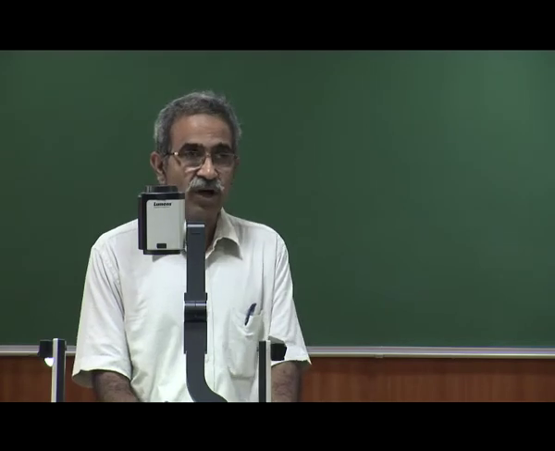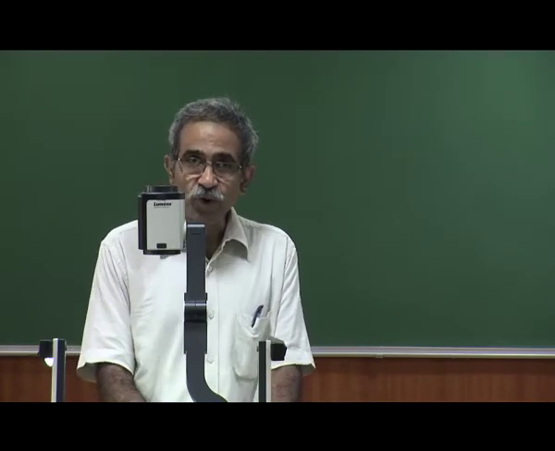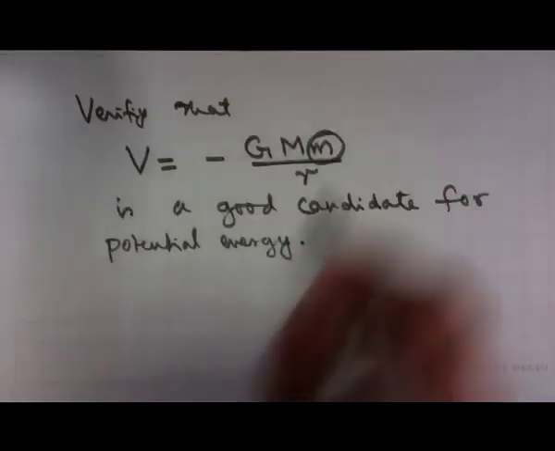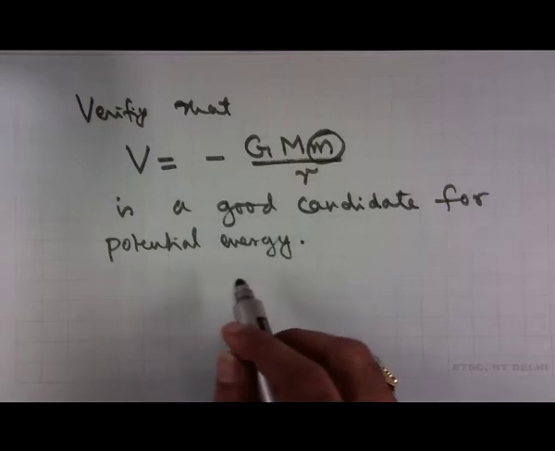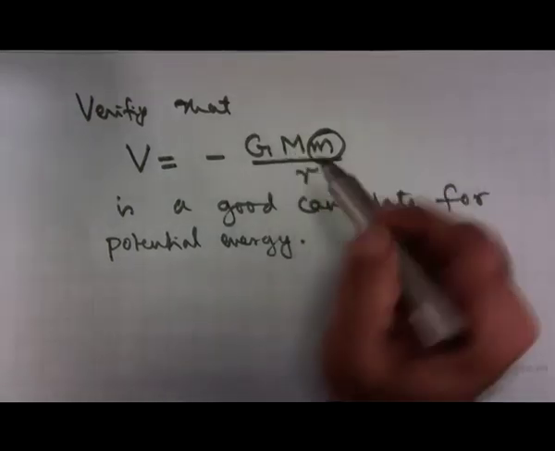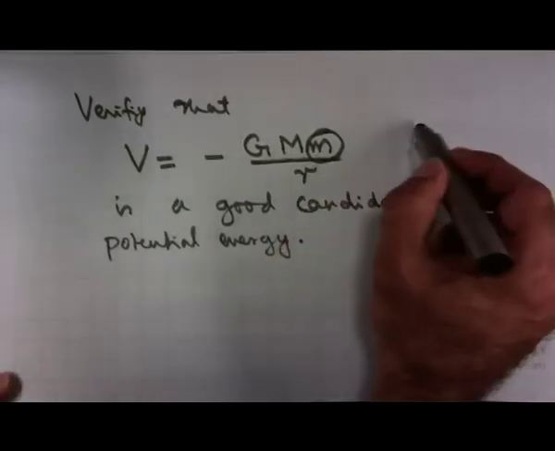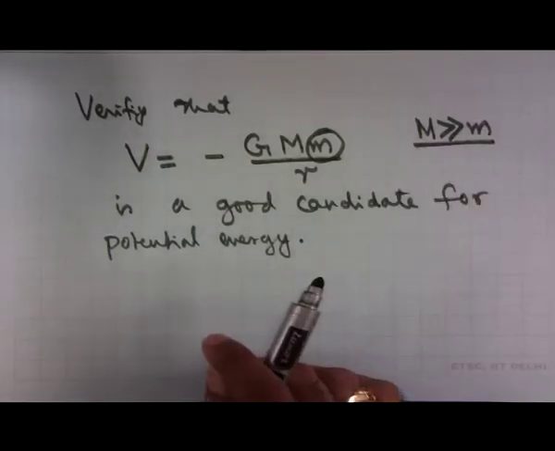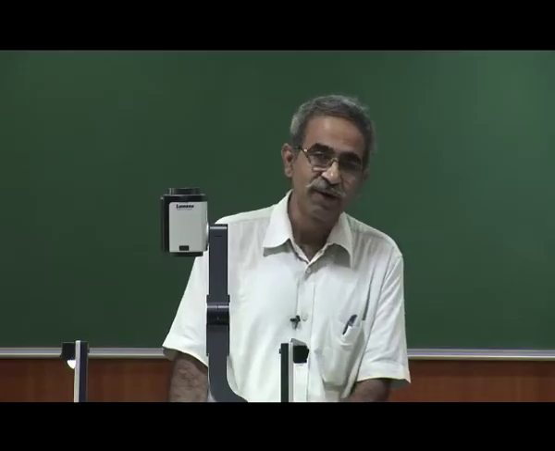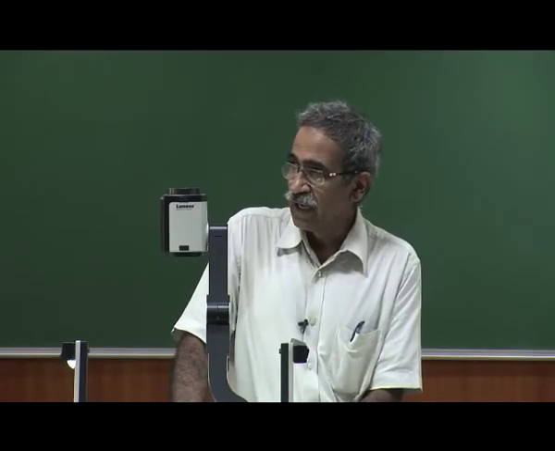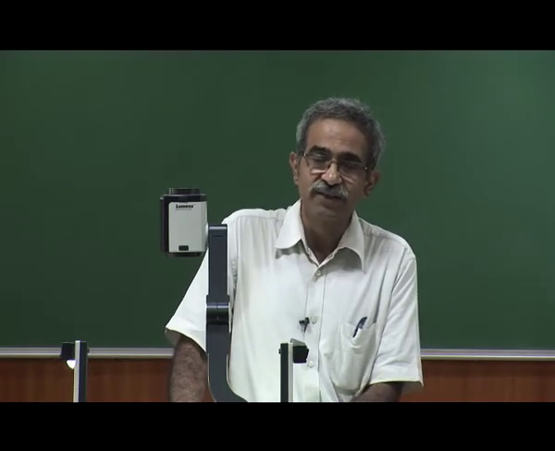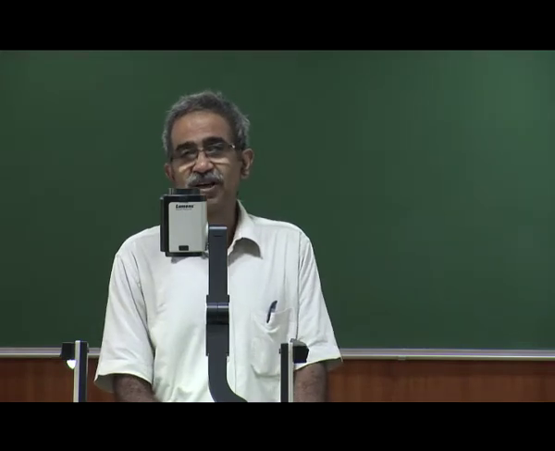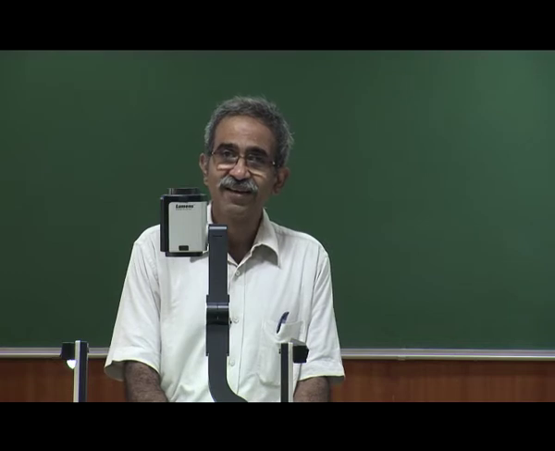It is convenient, although it is not compulsory, to assume at this particular point that the body of small mass m is moving in the field of a body of capital M. Of course, whenever we write a capital M and a small m, we mean m much less than M, so that we do not have to worry about the motion of the larger mass. So we have in our mind, for example, the motion of blocks of stone in the gravitational field of the earth, or the motion of the moon in the gravitational field of the earth, or the motion of the earth-moon system in the gravitational field of the sun.